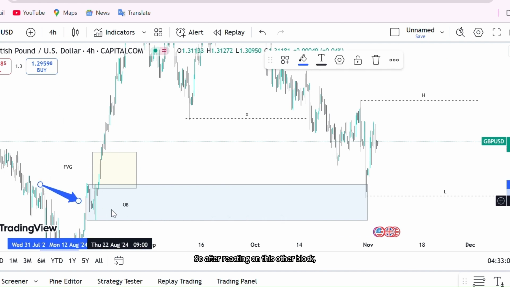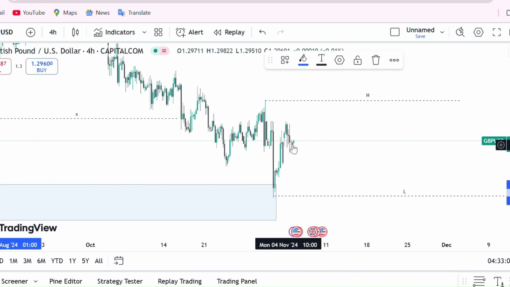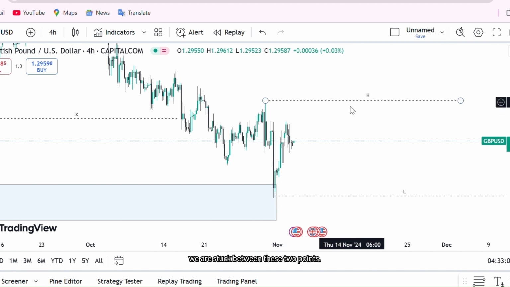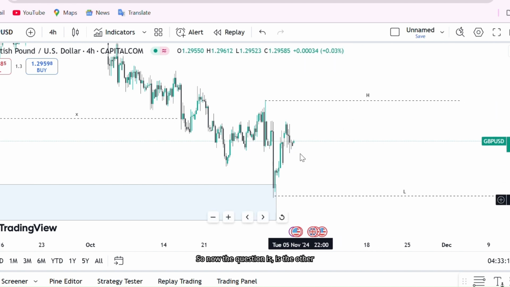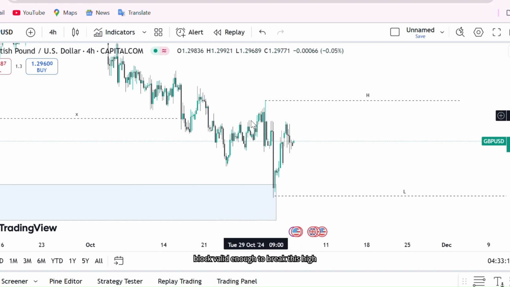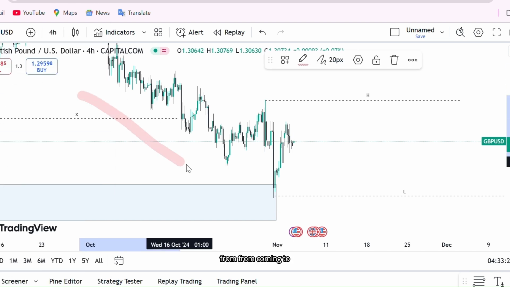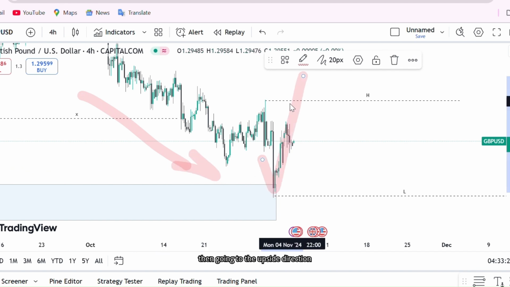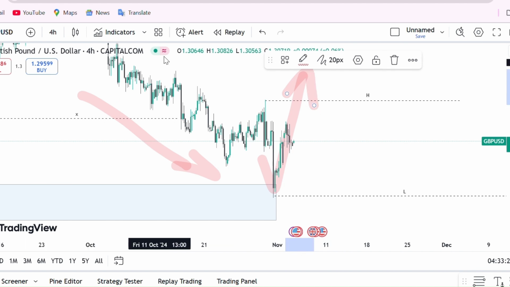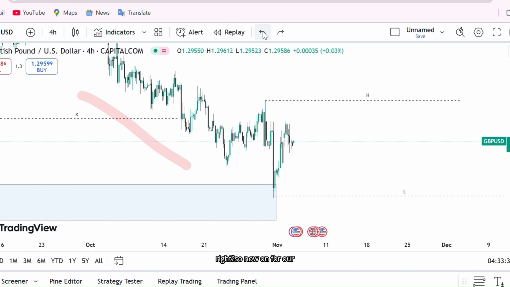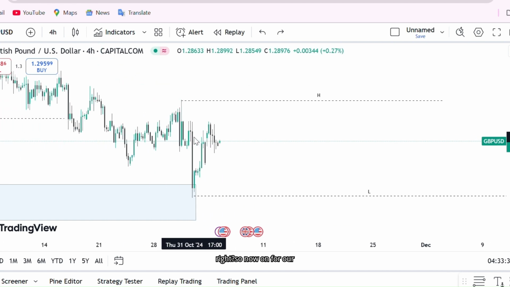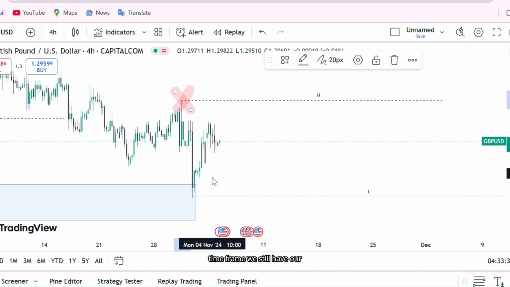So after reacting on this order block, we are stuck between these 2 points. So now the question is, is the order block valid enough to break this high, or is it not powerful enough to change the whole direction from coming to the retracement down and then going to the upside direction, right? So now on 4-hour time frame, we still have our fractal high and fractal low, which will determine the